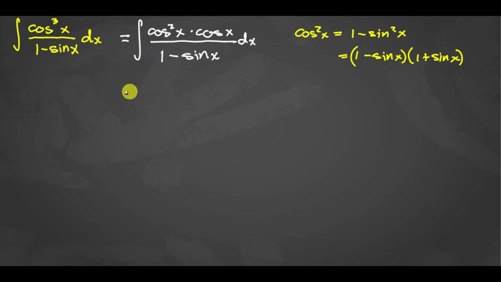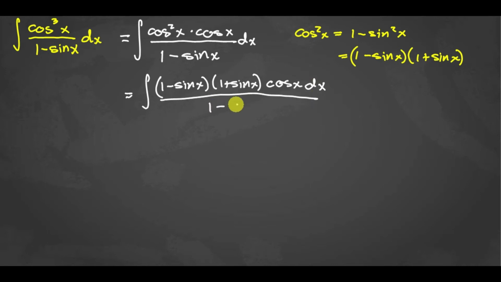Simplifying our equation, we have the integral of (1 minus sine x)(1 plus sine x) multiplied by cosine x dx all over 1 minus sine x. We can cancel out 1 minus sine x here. Simplifying, we get the integral of cosine x plus cosine x sine x